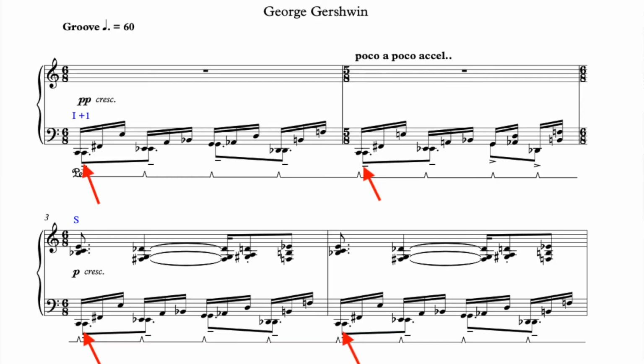The form of this miniature is a general ABA form with an intro and coda. A part is very groovy and loud, and the B part is pretty lyric and quiet, just like in many jazz standards. Harmonically, this miniature is built upon a pedal point. This slow C that you can see here, that repeats over and over again,